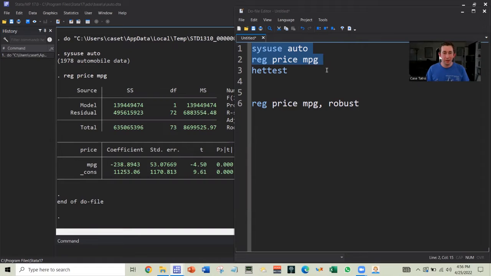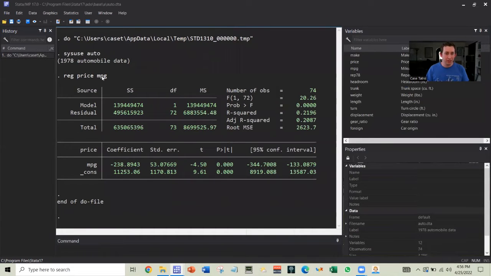Today we're going to be talking about heteroskedasticity and robust standard errors in a Stata regression. So what I've done is I've pulled in the auto data and I've just done a very simple regression of price on miles per gallon. And we've talked about the output from this regression in a previous Sunday Stata tip video, so I'm not going to spend too much time on that. What I am going to spend time